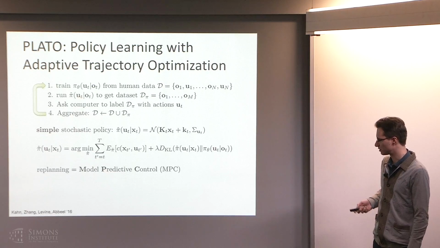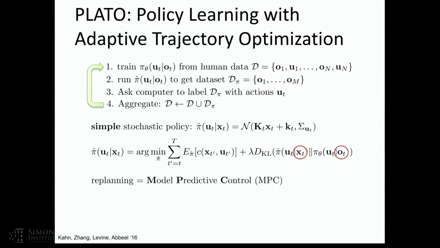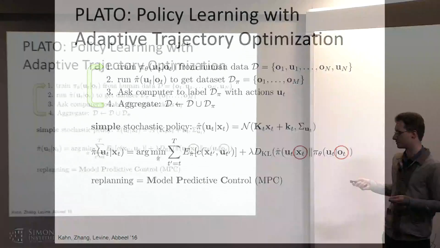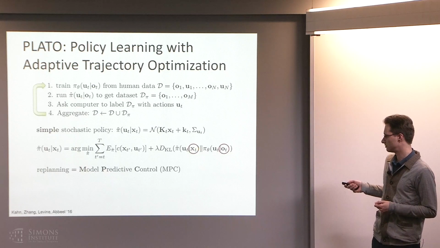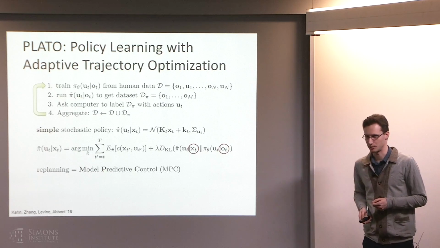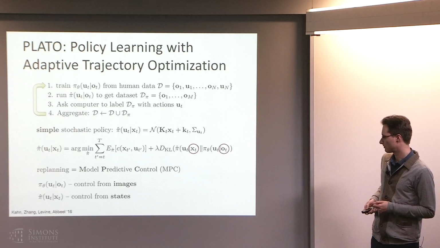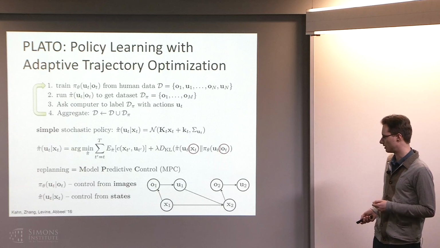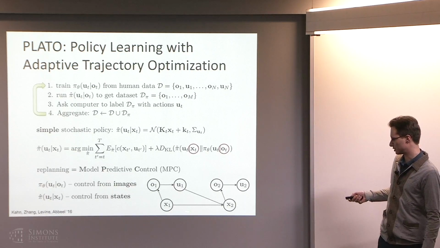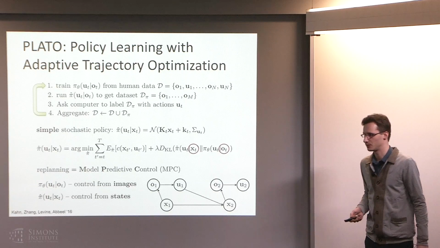So why do we replan? This is called model predictive control when you replan like this. Well, it's because pi theta depends on the observation, and we don't necessarily know what the observation is going to be in the future. We can't predict what the camera images are going to look like. But if we have a decent dynamic model of the car, which you can obtain, you can reasonably predict what the state is going to be. So if you remember the distinction between state and observation, in this method, pi hat is a policy with respect to states, but pi theta is going to react to images. If you remember this conditional dependence relationship, the states are conditionally independent, but the observations might not be.